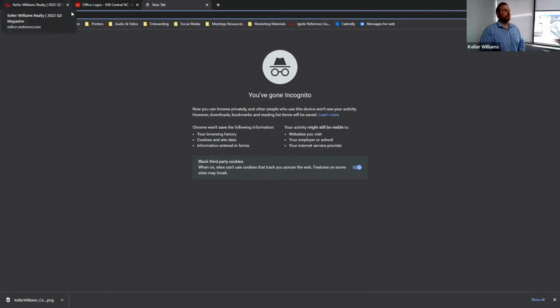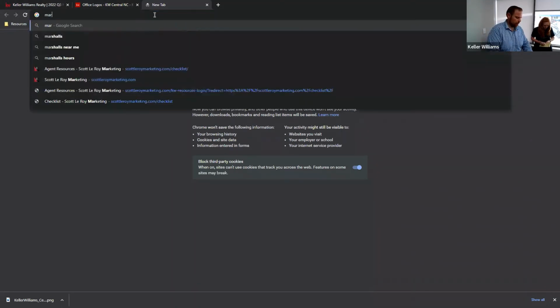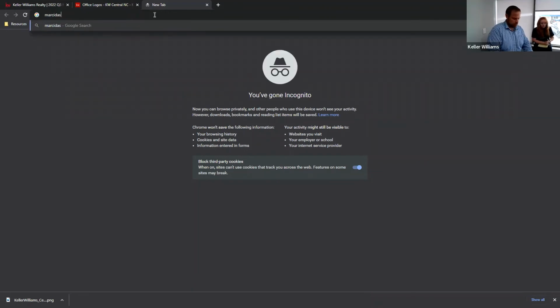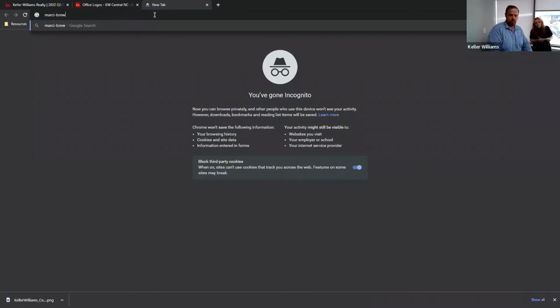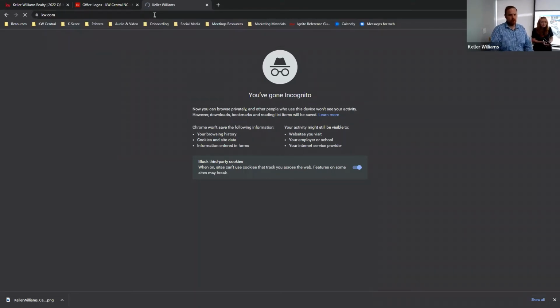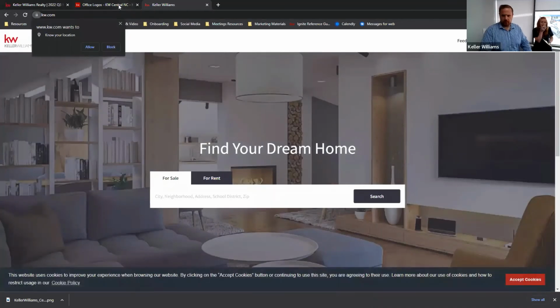So for anybody that wants to make a QR code, here's a couple phenomenal steps to really help. The first thing we want to do is, Marcy, what's your website? Marcy Brew, or .kw. Okay. So the first thing you want to do is actually go to your KW site, and I messed up something.